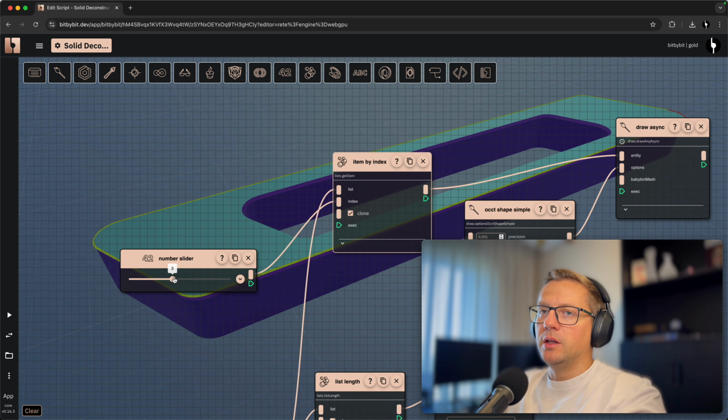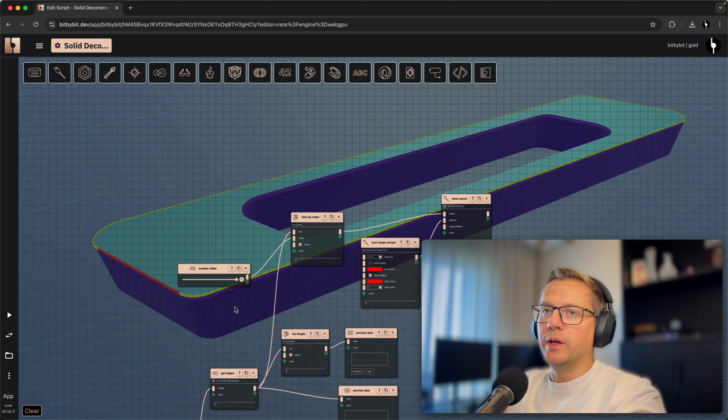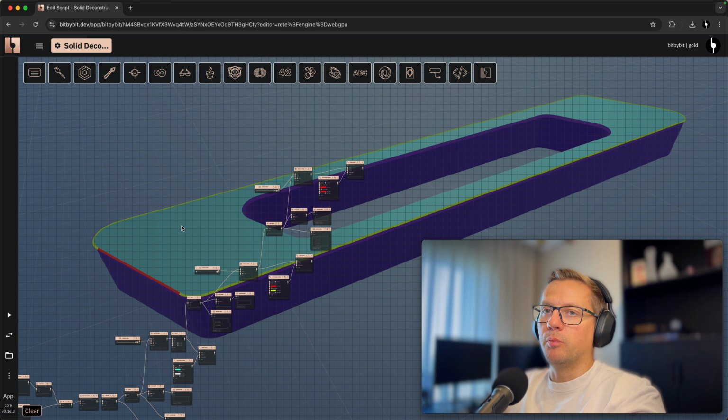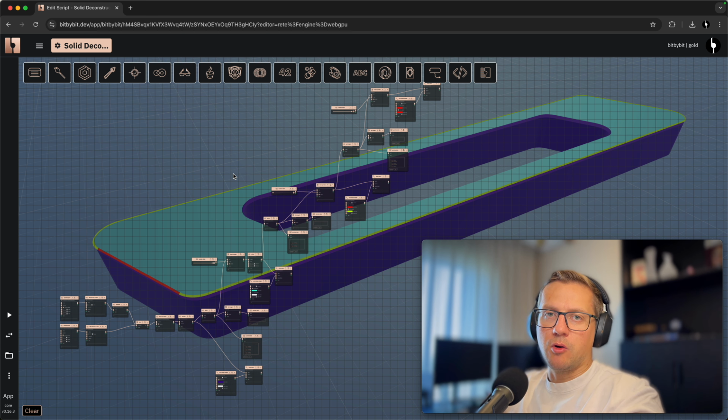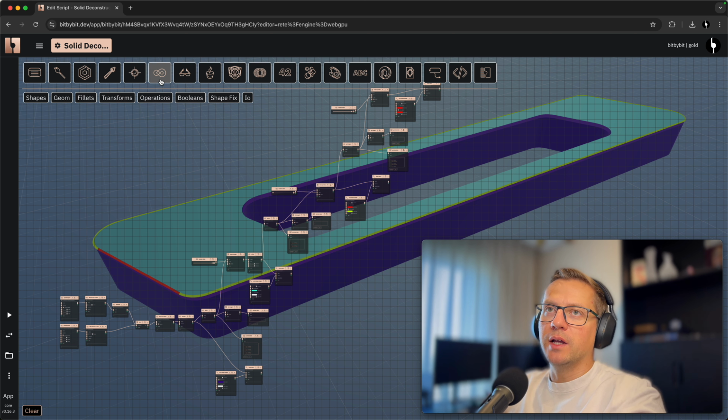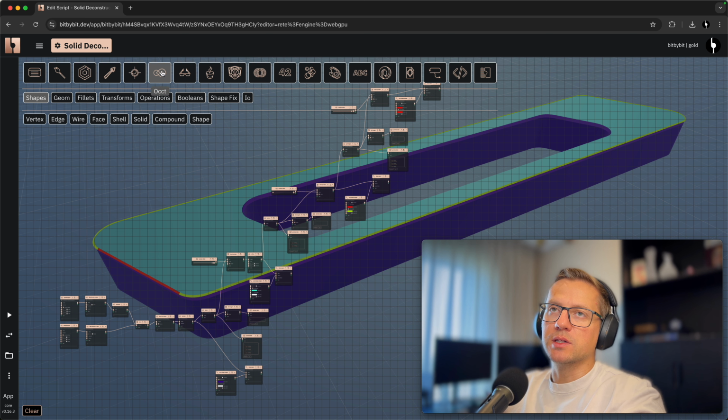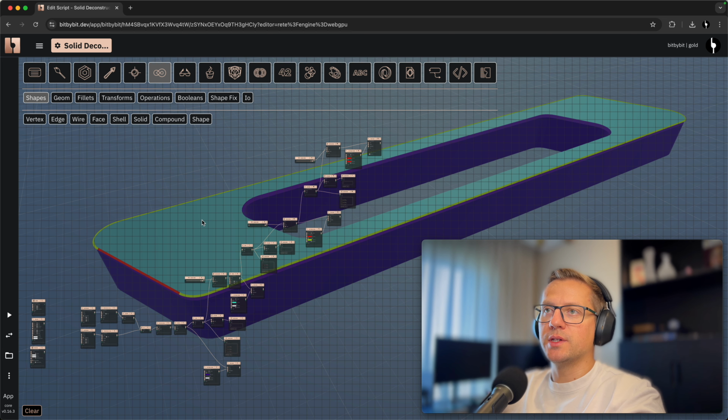So now we did go through all of these edges, and we understood, hopefully, that solids can be decomposed to faces, faces can be decomposed to wires, wires can be decomposed to edges, and you can also find all of those here. So if you go into the shapes category of the OpenCascade technology kernel, you will find edge, wire, face, and solid. So we went through this one. So we went from solid down to a face, down to a wire, down to the edge. In general, these are the most important ones, and I hope